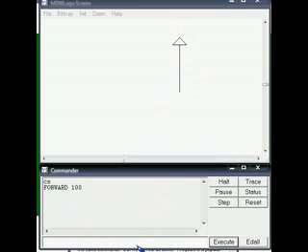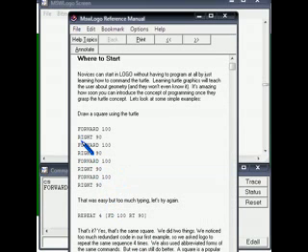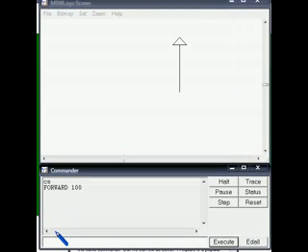And what else? There is another command, right 90. Let me give that command and see. Right 90. The turtle is turned 90 degrees towards the right-hand side, so exactly vertically it is turned. Again, if I give forward 100,